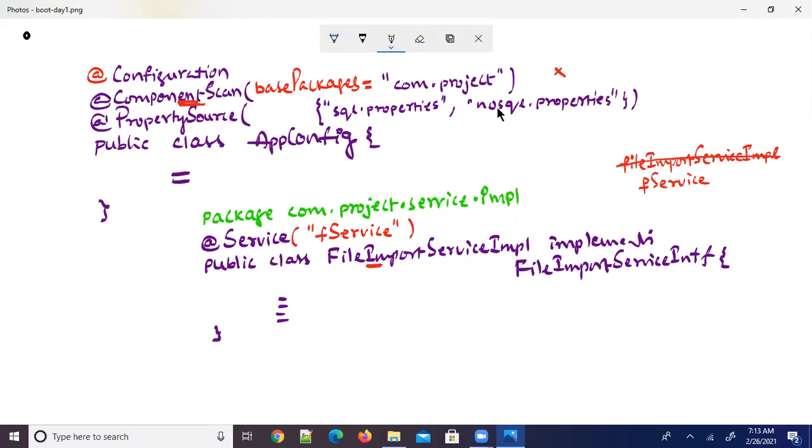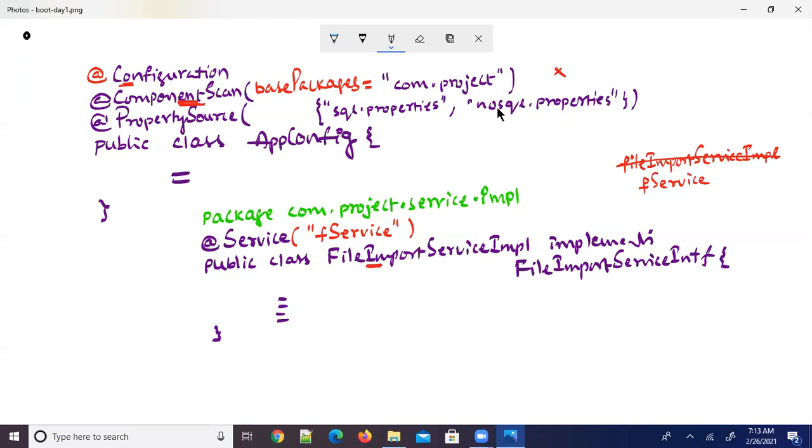So now this class is a Java configuration class. Java configuration classes are loaded while instantiating the application context object. Application context is a Spring IOC container object. Just it is marking that this is a configuration class.